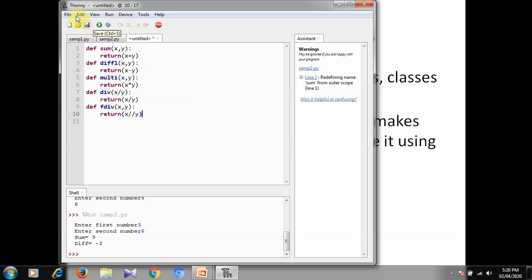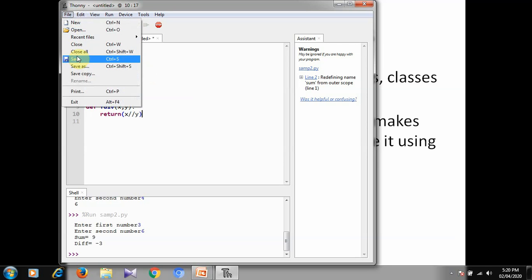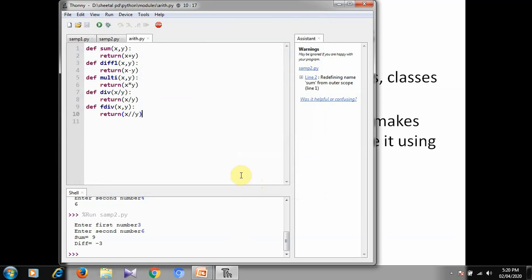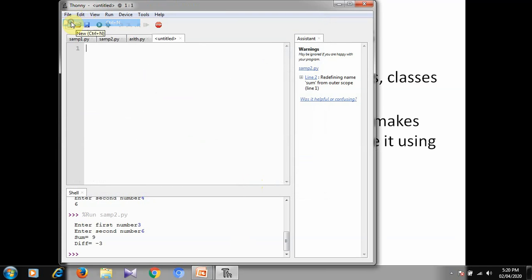This is our module. The name of the module is arith. We will create one more module for calculation of the area of a circle. For the area of a circle we will require only one parameter.